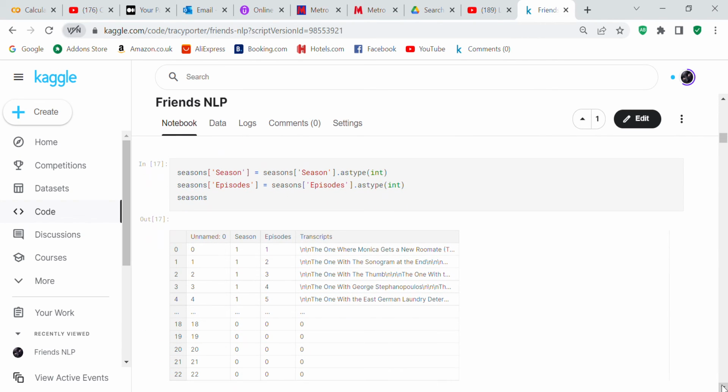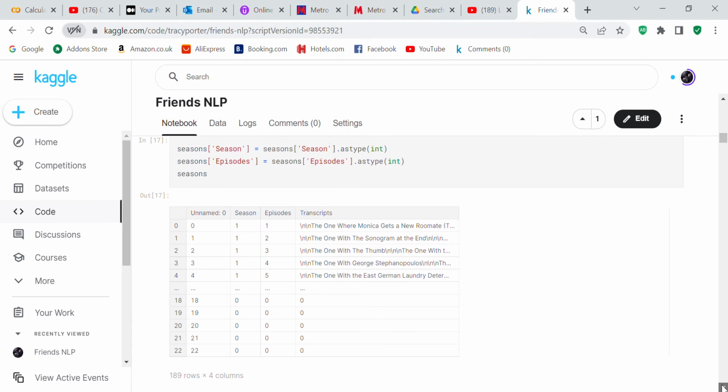Then with the seasons and the episodes, because they were floats in seasons, we're going to convert those to integers to make them the same as the Friends episodes dataset.